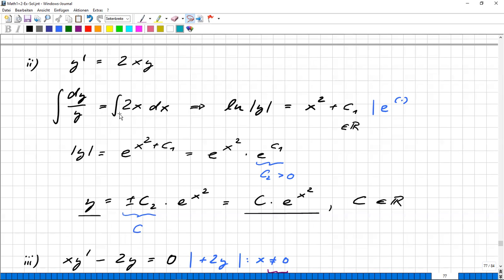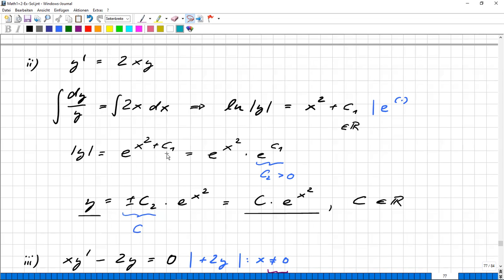Well, anyway, the primitive function of 2x, of course, this time is x squared. And then again, this is the usual effect. I explain it once more. We get an additive integration constant on one side. We decide for the x term, usually, where to put it. Then we take away the logarithm by, again, applying the exponential. So again, we get our y modulus isolated, now equals exponential of x squared plus c1,